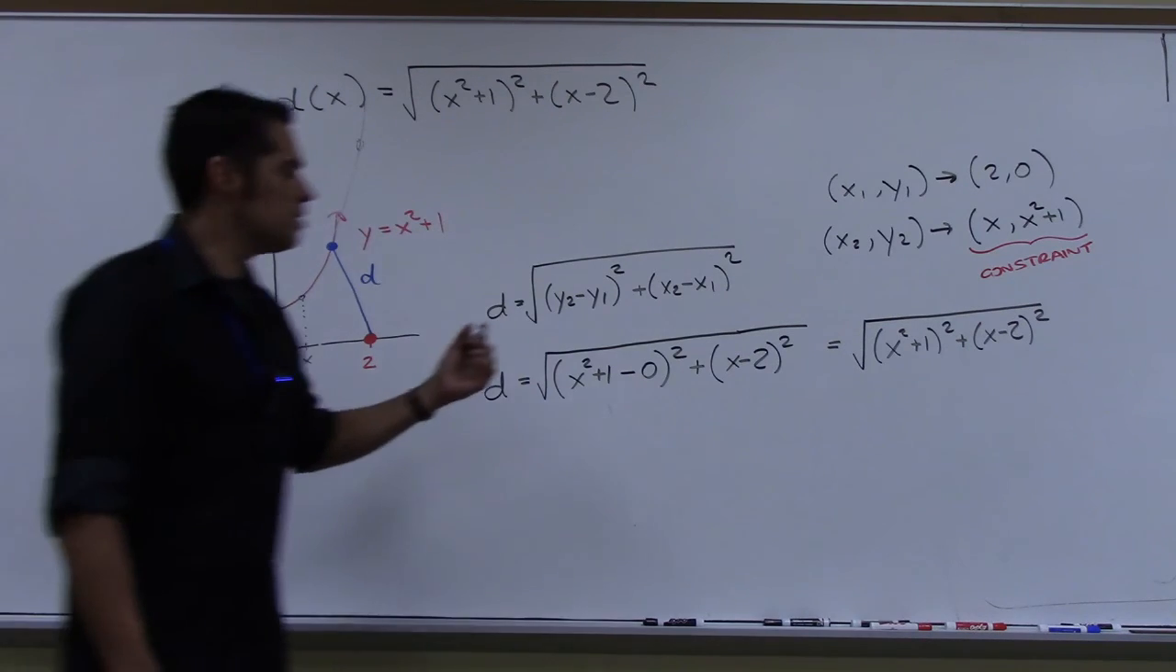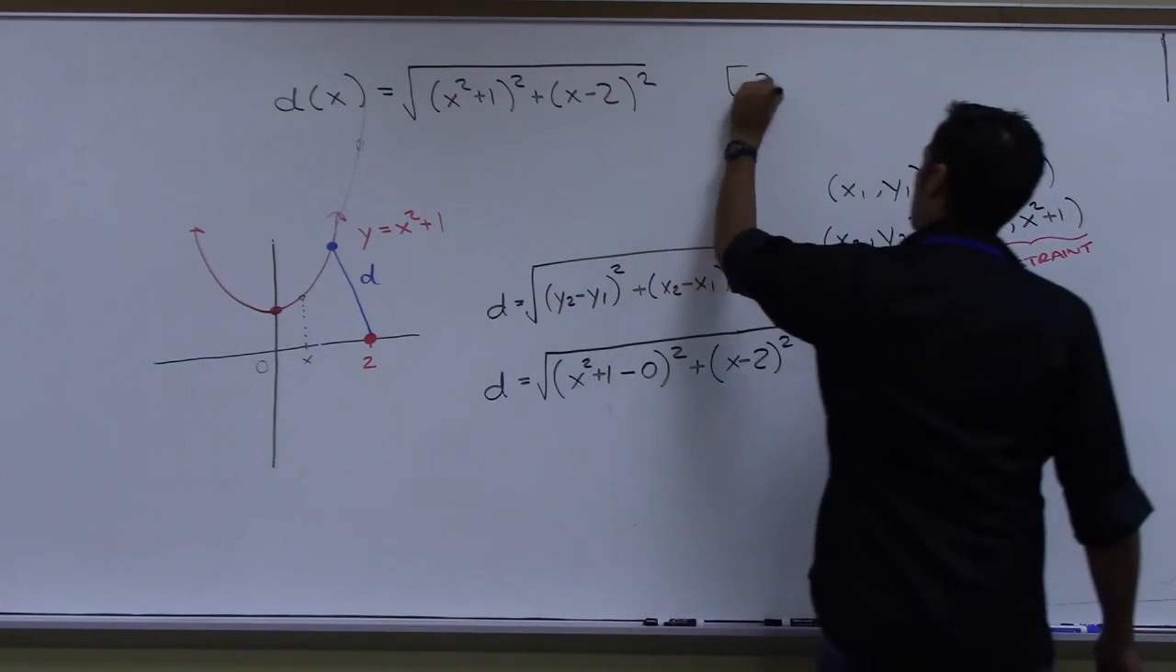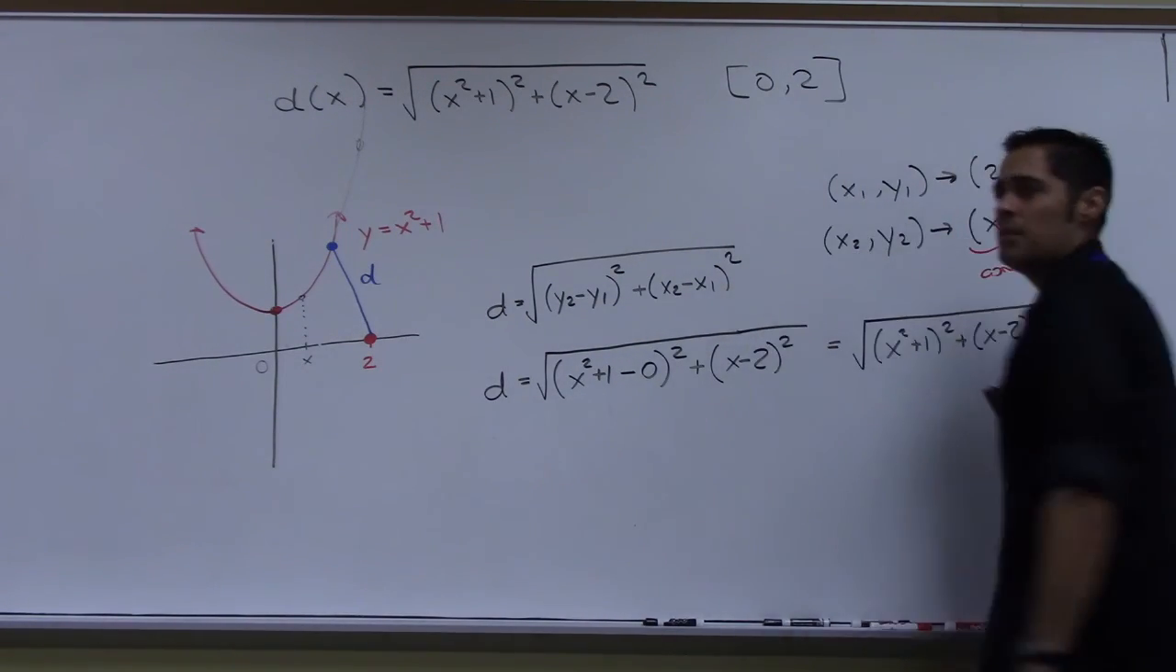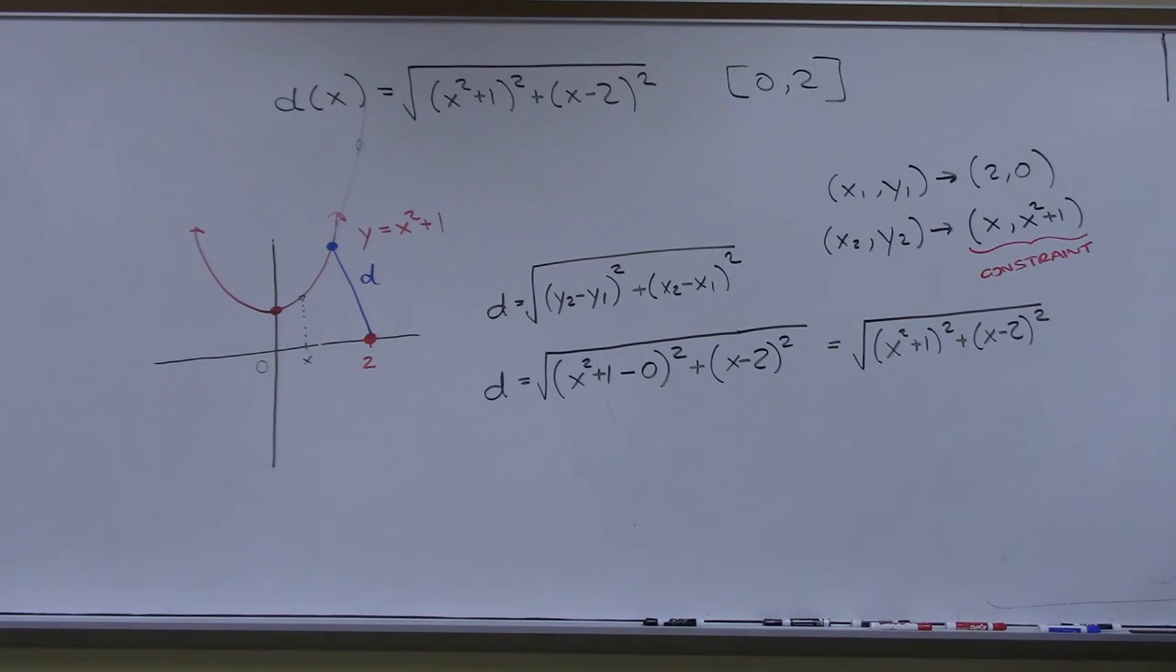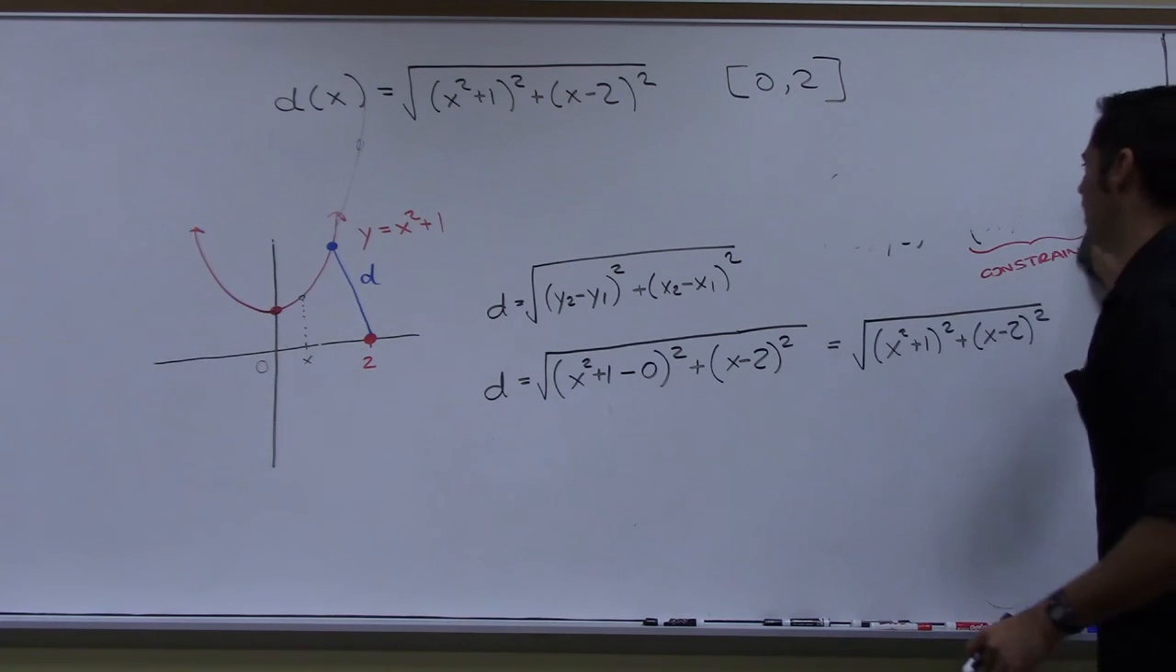So why don't we restrict this to a closed interval? [0, 2]. I think that's safe. Is that all right with you? And now, yeah,